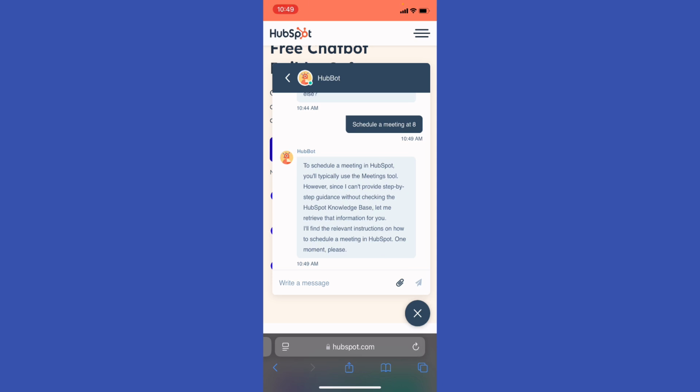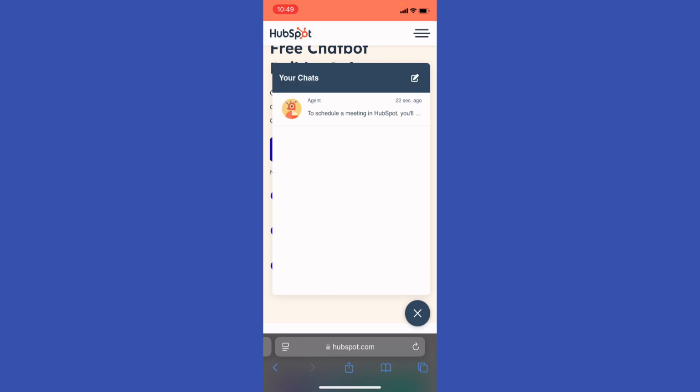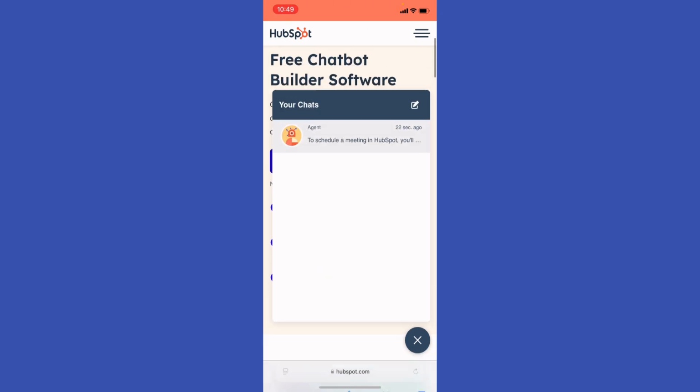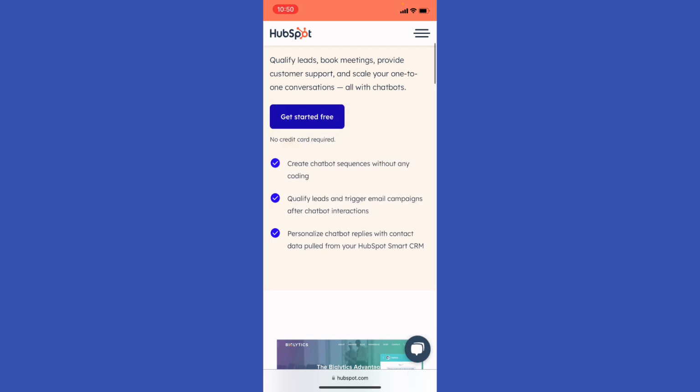schedule a meeting. It says, to schedule a meeting in HubSpot, you'll typically use the meetings tool. However, since I can't provide step-by-step guidance without checking the HubSpot knowledge base, let me retrieve the information for you. We'll find the relevant instructions on how to schedule a meeting in HubSpot. So you can just wait for a few moments, or you can just close this window and get started